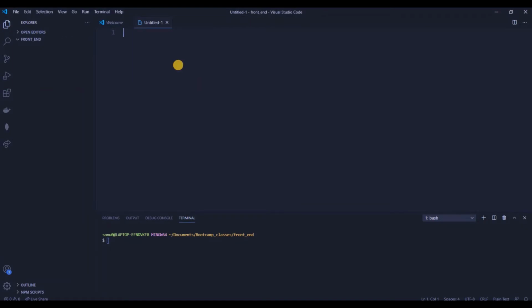So what we did was we created a new folder and we opened that folder using VS Code. So let's go ahead and start. What are we gonna do today? So we'll be starting our React project,